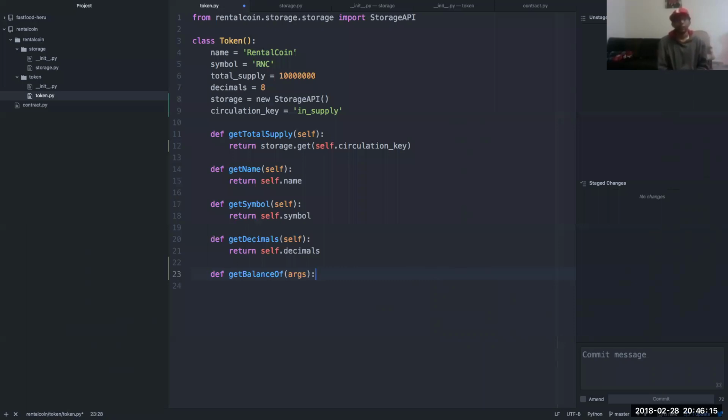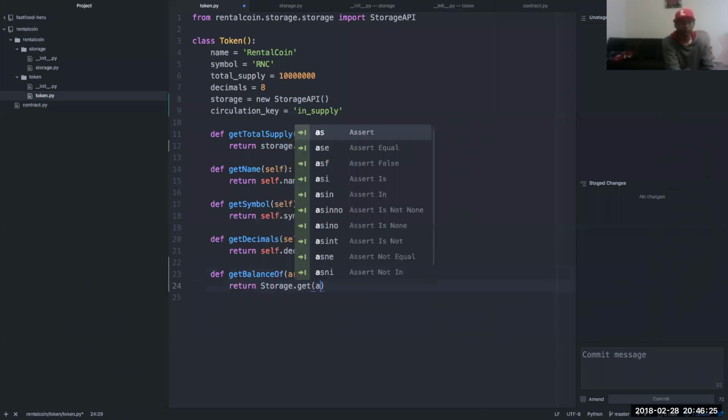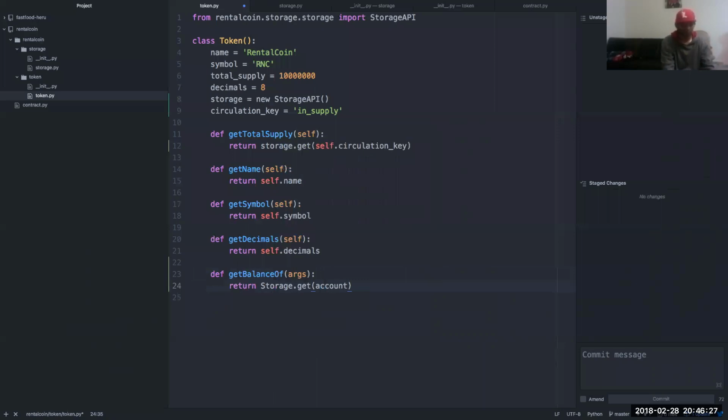The value is your balance. So simply we just do return storage dot get account, and account is going to equal args 0. That's it.